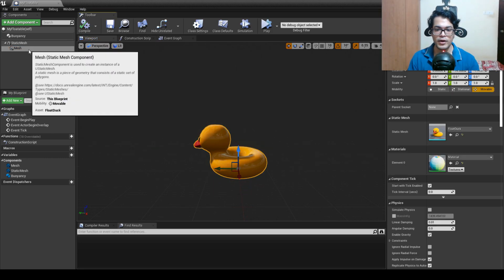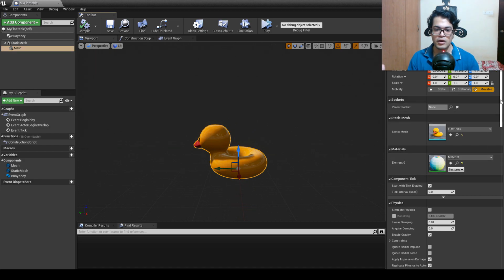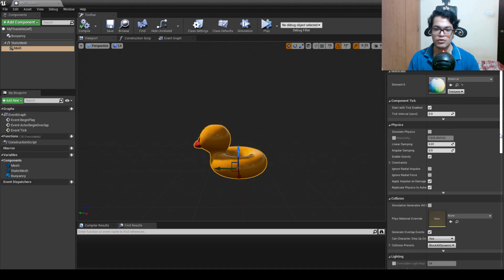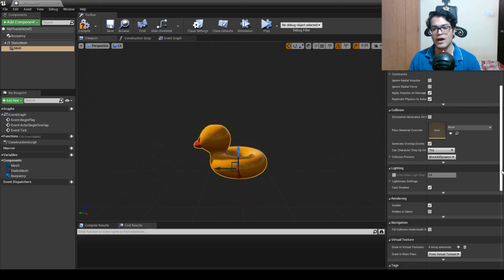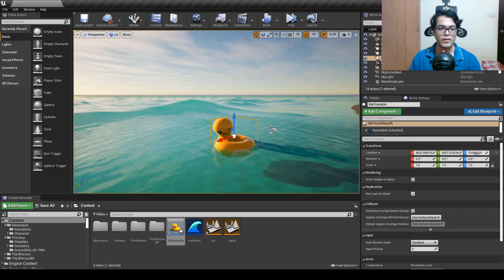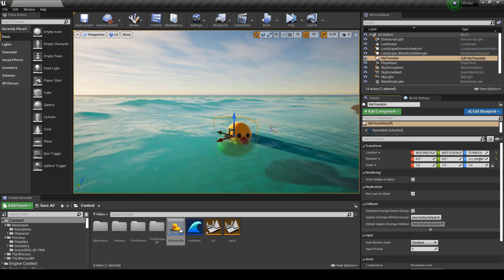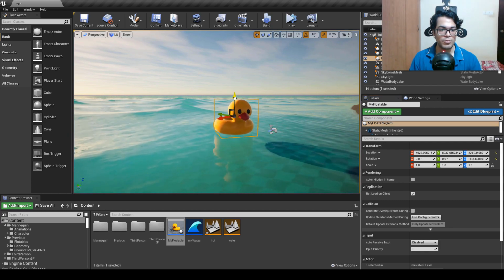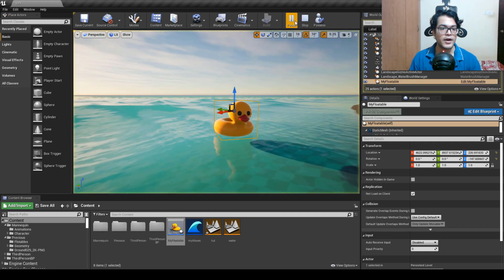Now select the duck model, and in the physics section, disable simulate physics. So this should not be a physics object. You also need to disable gravity, and this object will have no collisions. In the collision preset, select no collision. So now bring this object in our scene and rotate this object as you like. And if you simulate this, as you can see, the duck floats.